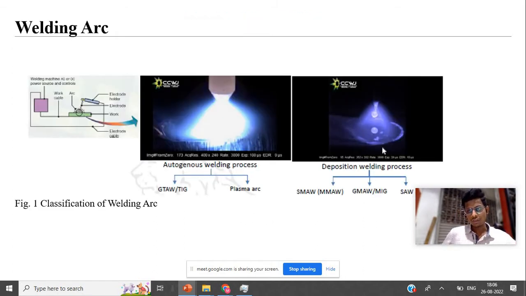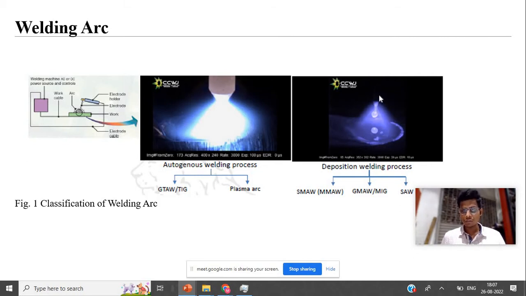First of all, arc welding is classified into autogenous welding and deposition welding. Autogenous welding is where the electrode won't melt; with the help of the arc generated between the electrode and the base plate, heat will be generated. If it is thin sheets, it will melt those thin sheets, coalescence will happen, and joining of the metal will happen. In deposition process,